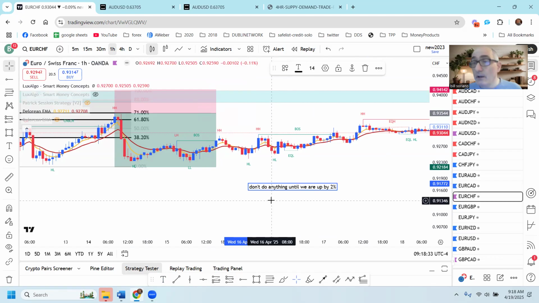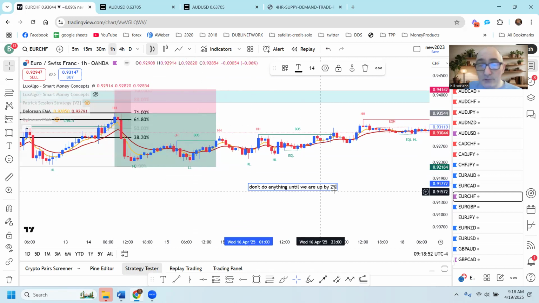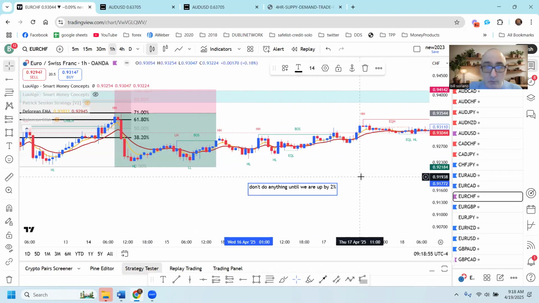Now, sometimes our goal may be set right at that 2% because that's basically our minimum to take a trade, right? If we don't have a 1 to 2, we can't even take the trade. So sometimes we do just have a 1 to 2. This one actually has a 1 to 2.27. So we do have an opportunity here that once we are up by 2%, what we do is we close half of our position and we move the stop loss to break even and trail,